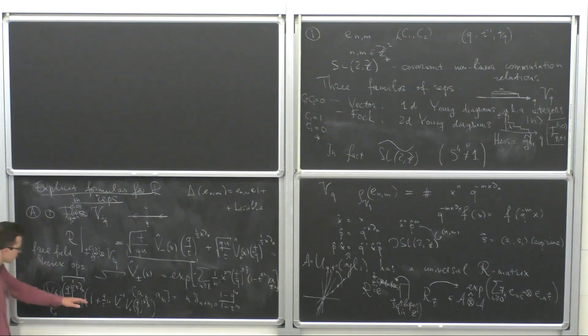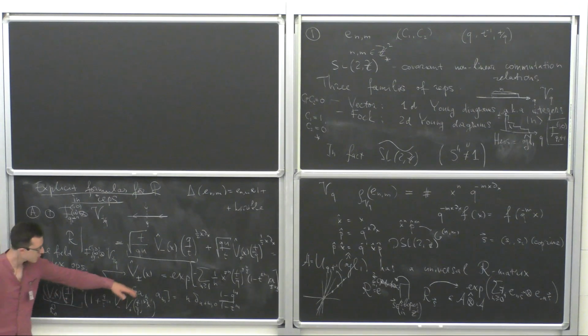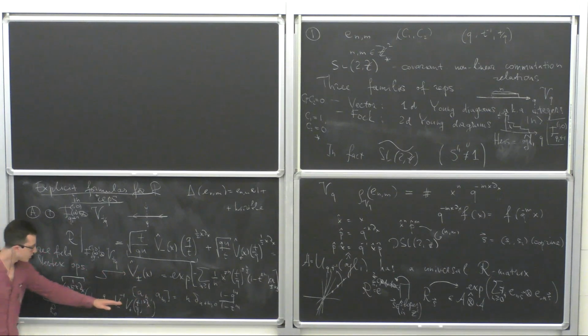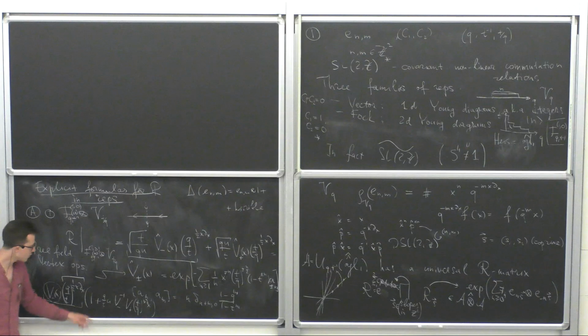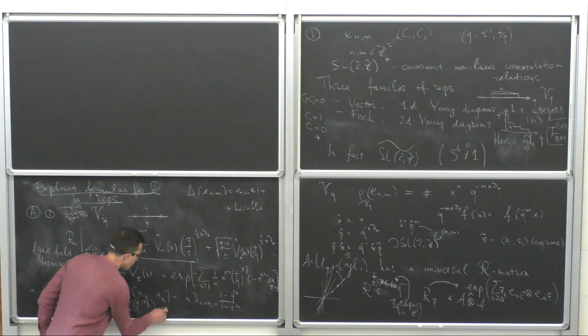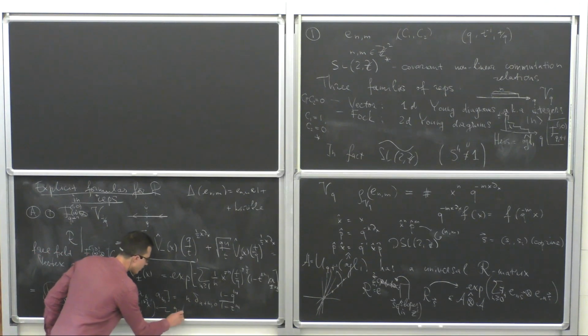Should I continue? So this is the factorization. This is the R0 part, and then there is 1 plus, in principle, an infinite sum. But in this case, the infinite sum truncates to the first term, and there is only the first term here. And this is what is called the Q-Miura